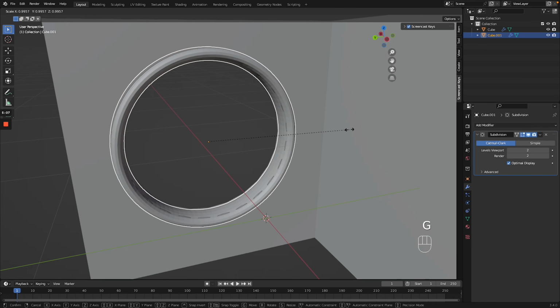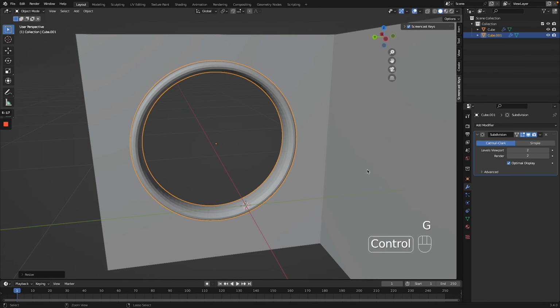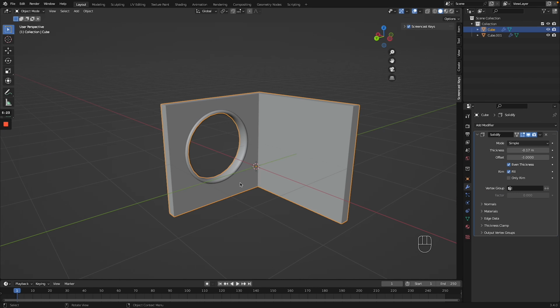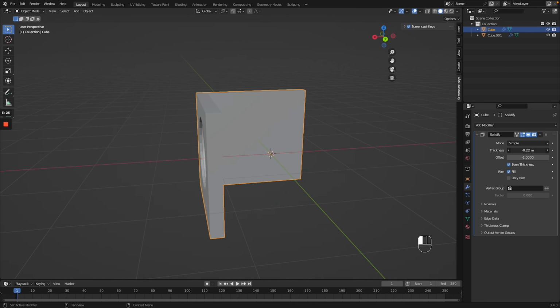As you can see, we're clipping a little bit, so we can just scale it in. But that is how I do the windows, and then I just shade it smooth. Super easy and super effective. One thing you might want to do is make this a little bit thicker, maybe about